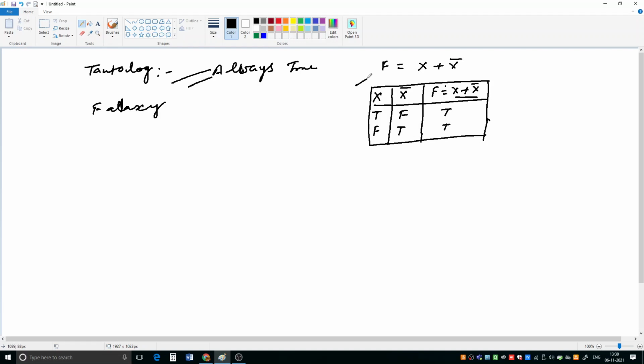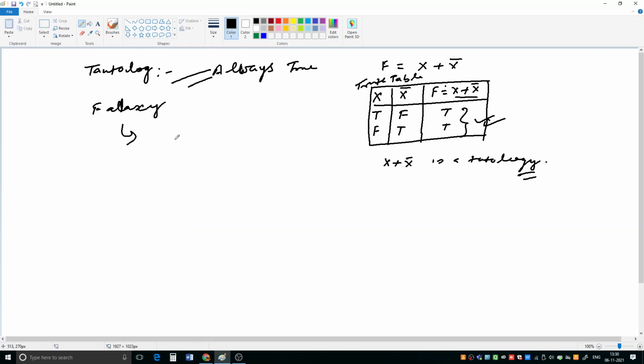So in this truth table you can see that this expression is always giving us true. So you can say that x plus x naught is a tautology. Understood? If an expression always returns true, it is called a tautology.